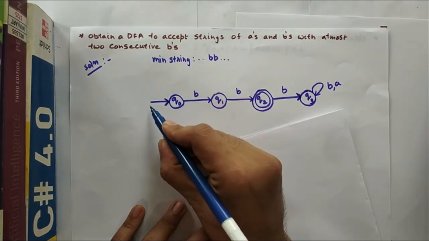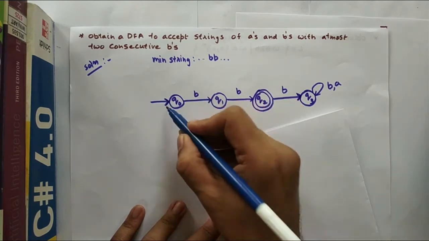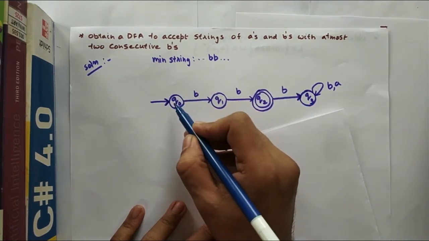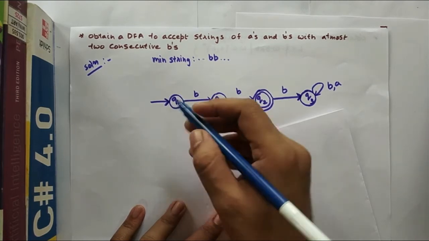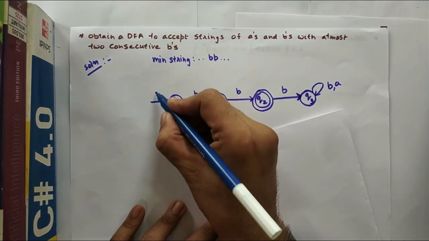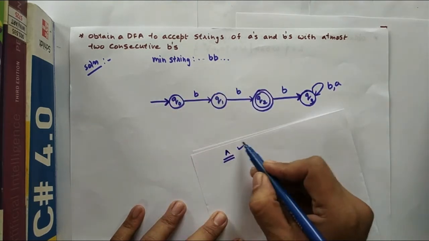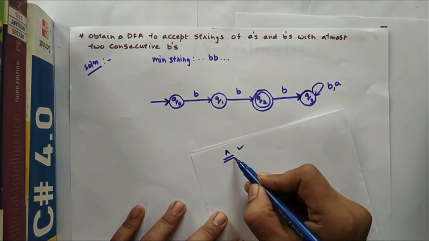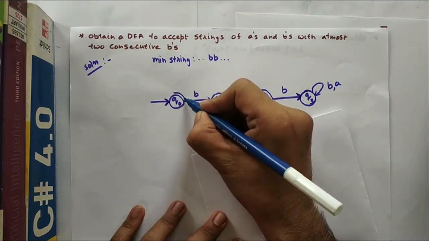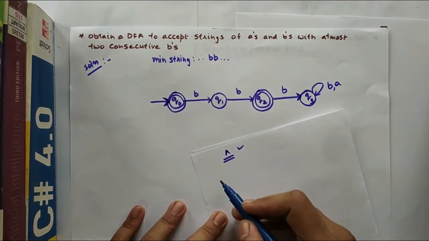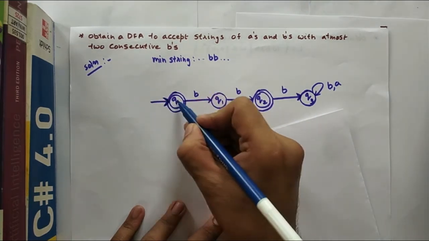But notice that this is also a transition arrow, but I never wrote any symbol on top of it. Now I'll tell you why. Because for the start state, the input which is applied here is always null input, and that's why for an automata to accept the null string, the start state should also be converted to a final state. So the start state itself is a final state. It means when null is read as input, the string is accepted.